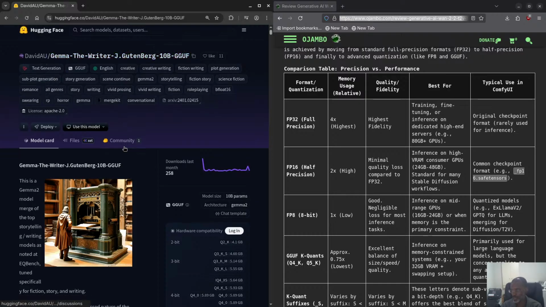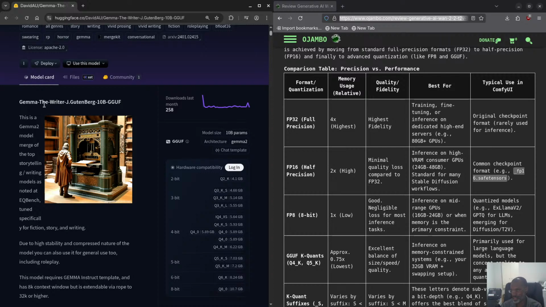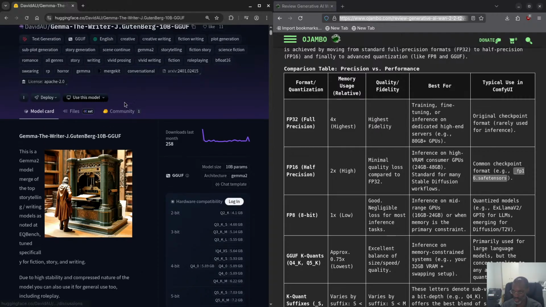Now you see it says this is the Gemma, the Writer J Gutenberg 10B GGUF. So this 10B means it's 10 billion parameters, right? So not all models are created the same. By the way, the license is the Apache 2 license, but be aware that when you see Gemma here, that